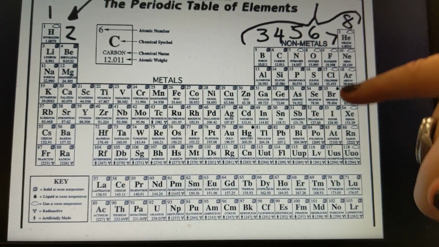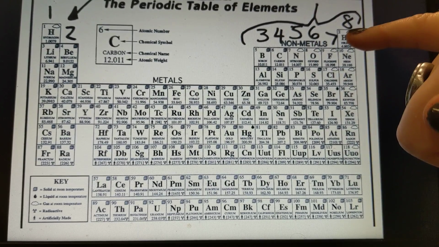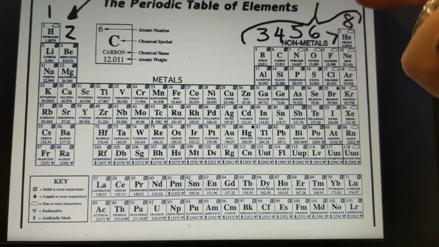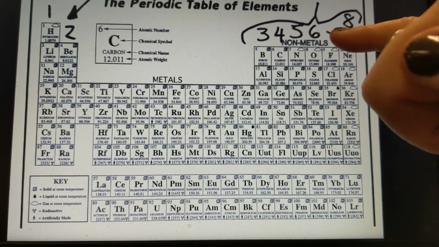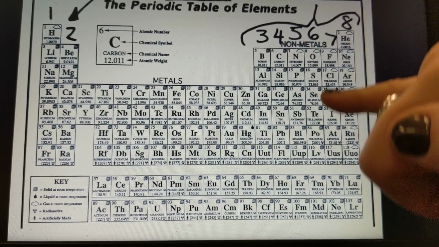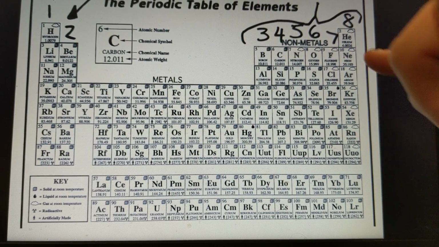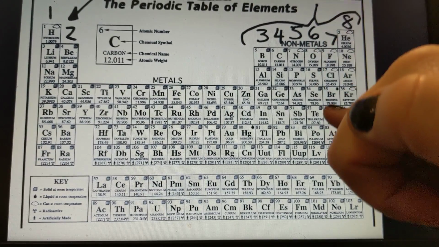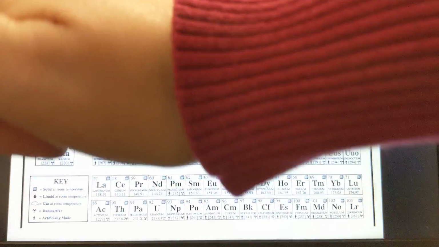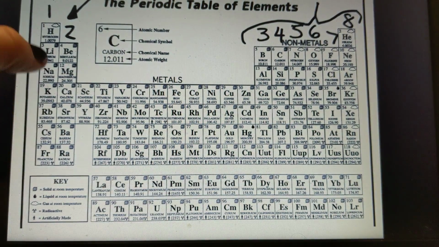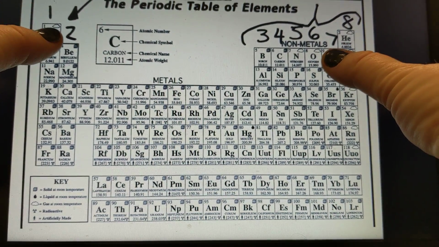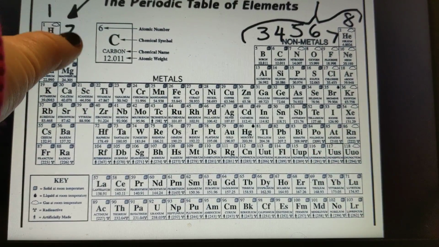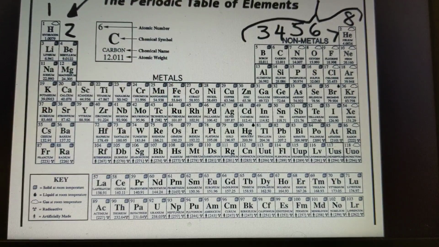So group 18 has a full valence shell or full octet of 8 electrons. That's why it doesn't bond with anything else ever. When we look at all the atoms in group 7, they need 1 electron to have a full octet. So everything in this group will tend to make bonds with the things in this group because together they have 8. Together, everything in group 6, when it bonds with the things in group 2, together they'll have a full